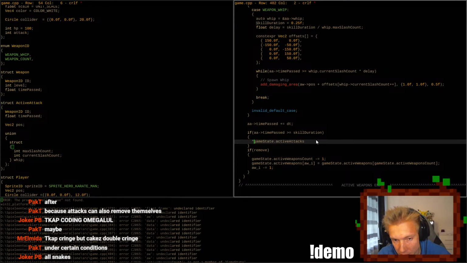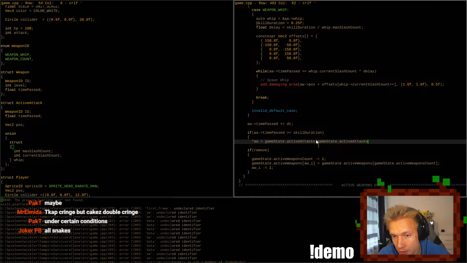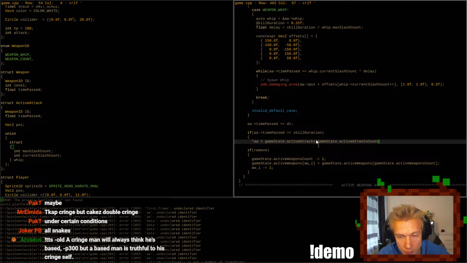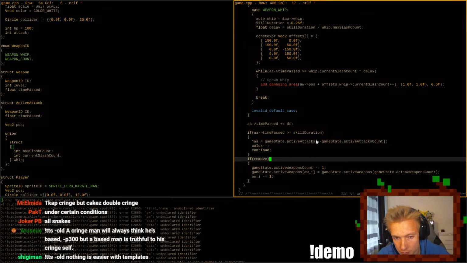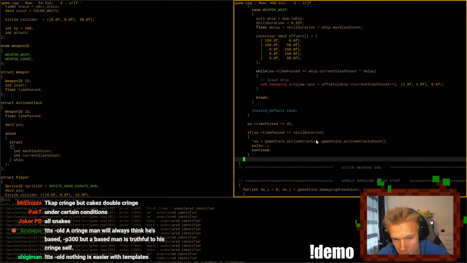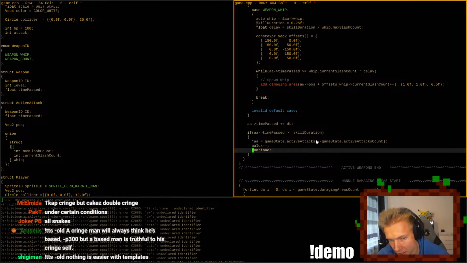We set the value of the active attack, the value of the AA, to the value of the game state's active attacks count minus one. And then we do self.AA index minus minus and we continue. Nothing is easier with templates. Well, actually, we don't need to continue because it's the last thing, but yeah.